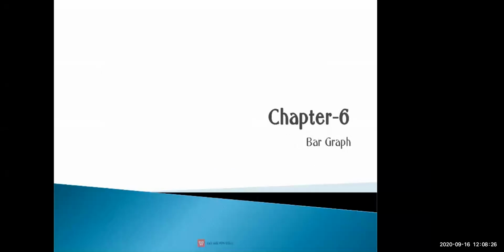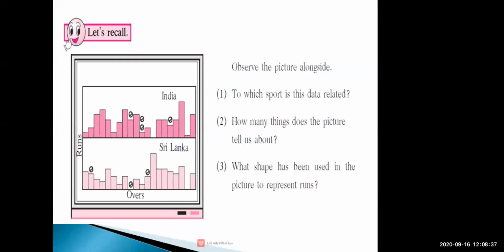I will show you some pictures. In that picture, you're going to observe it and give me the answers by observing the picture. Now, I have shown you some picture. I'm giving you 1 minute for observing the picture so that afterward we'll start our first question, and the answers you are going to give me through the chat box only. Now, I think you people have observed the picture.